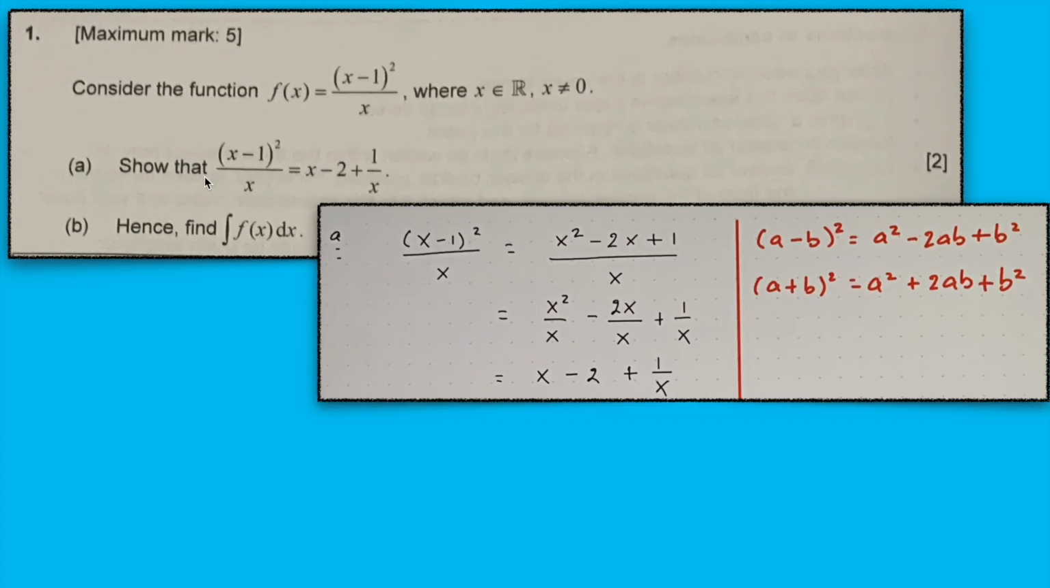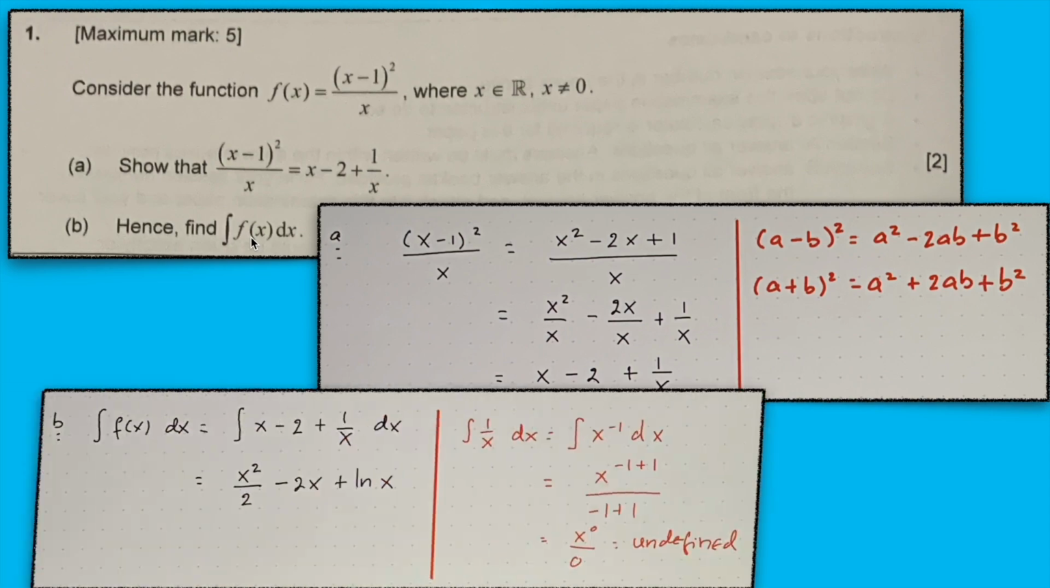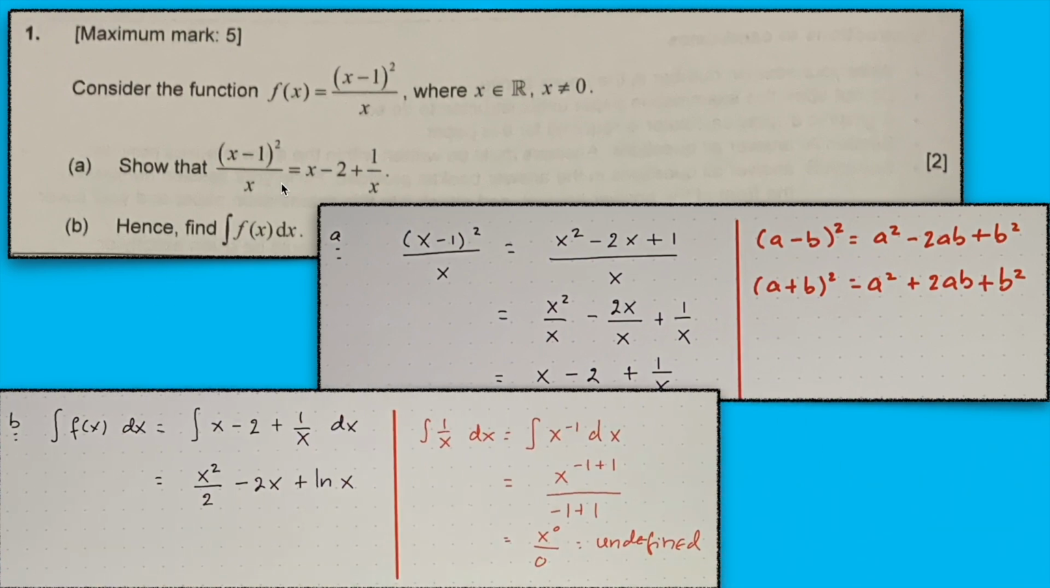And for question B, it's a hence. Hence means use the previous result here in part A. Find the integral of f of x dx, like so. We can rewrite this given expression into this expression here, because the question says hence. So the integral of f of x dx is equal to the integral of x minus 2 plus 1 over x